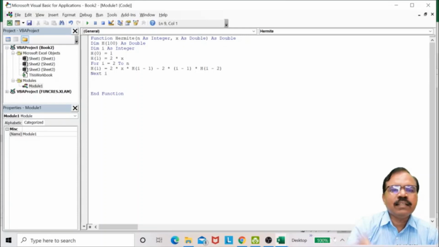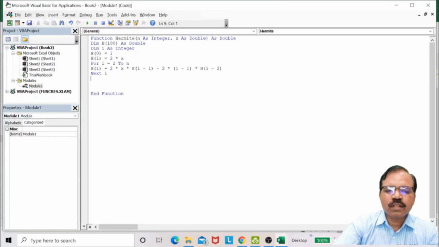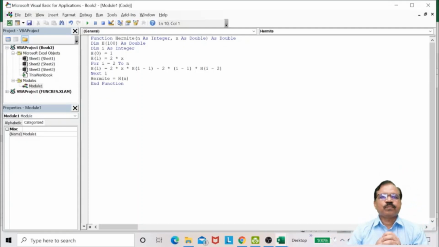And finally, after completion of the loop, you will get the final value of the Hermite polynomial for order n. So I can write here Hermite is equal to h(n). So in this way, I have written a simple macro.